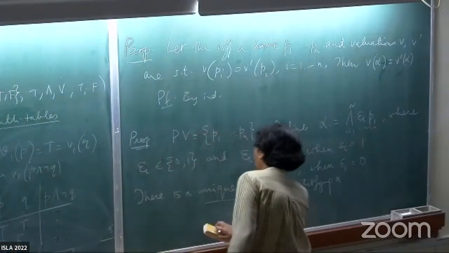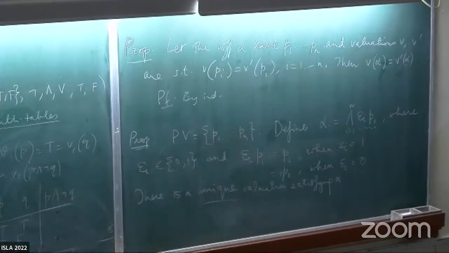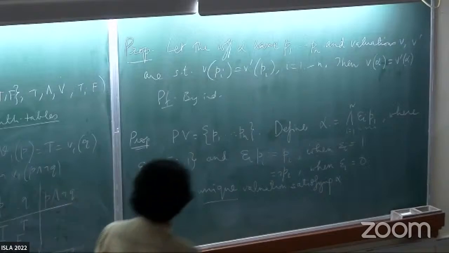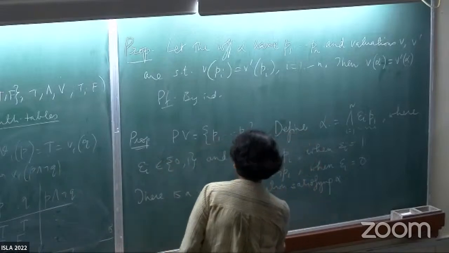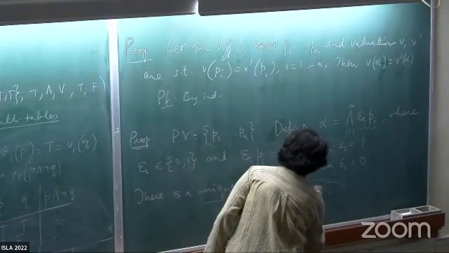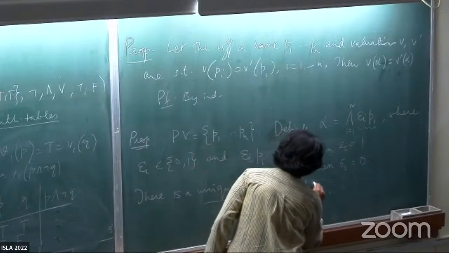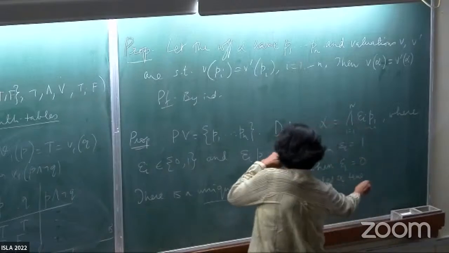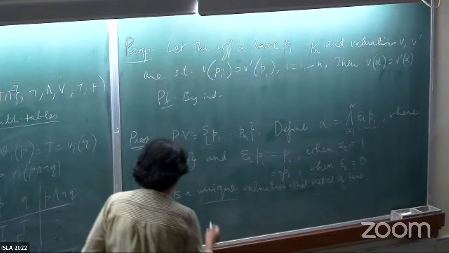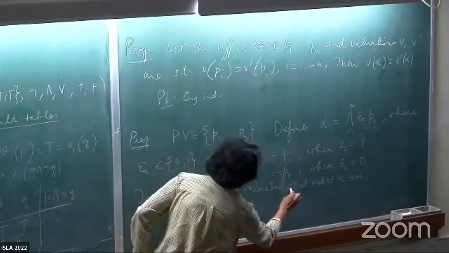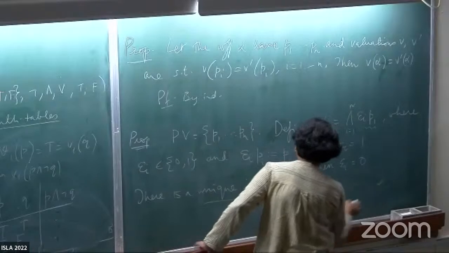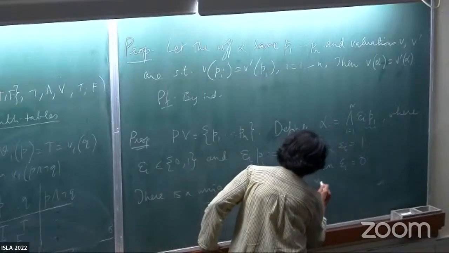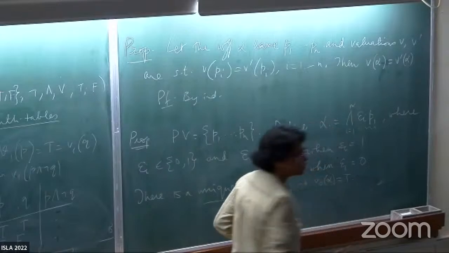Fine. So now we move to, yes. Yeah, tell me. What was the meaning of a valuation satisfying a well-formed formula? True. So I'm sorry, I use all these languages. So unique valuation, if you want to rephrase it, that makes alpha true. So again, you can think what is true. So let's call this V naught. Then you can make it further clear such that V naught of alpha is T. Right?